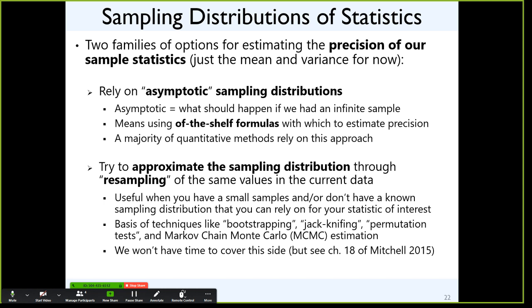So if I have my data set, for instance, jackknifing, and I take one person out and I get the mean. And I do it again, and I take a different person out and I get the mean. Take another person out and I get the mean. How different are those numbers? That's a way to try and approximate how good of a mean it is. If the mean changes a lot when you take one person out, that's not good. That's not a very stable number.